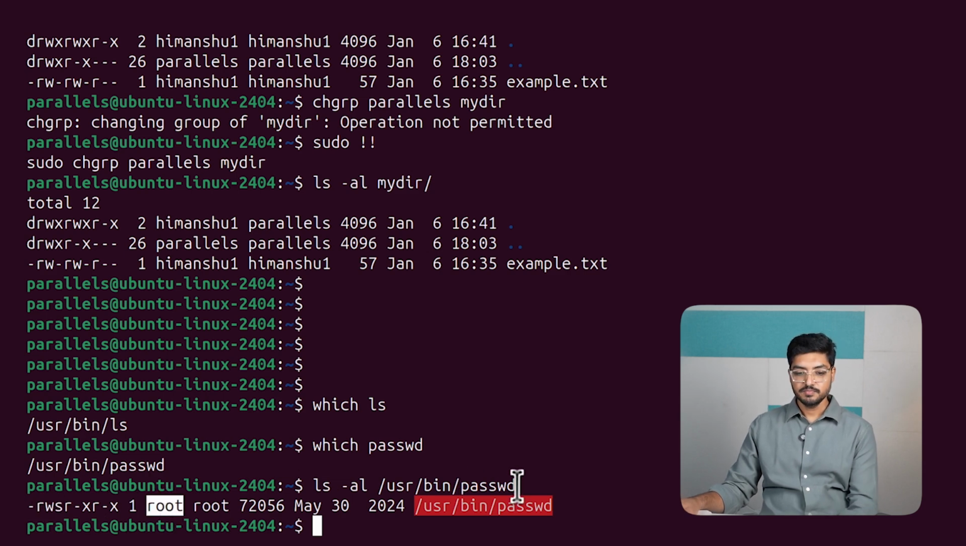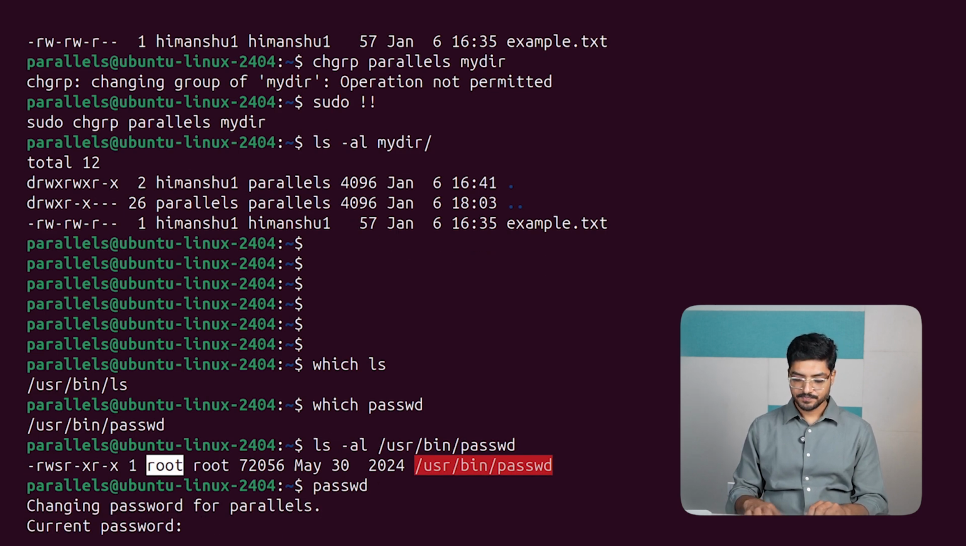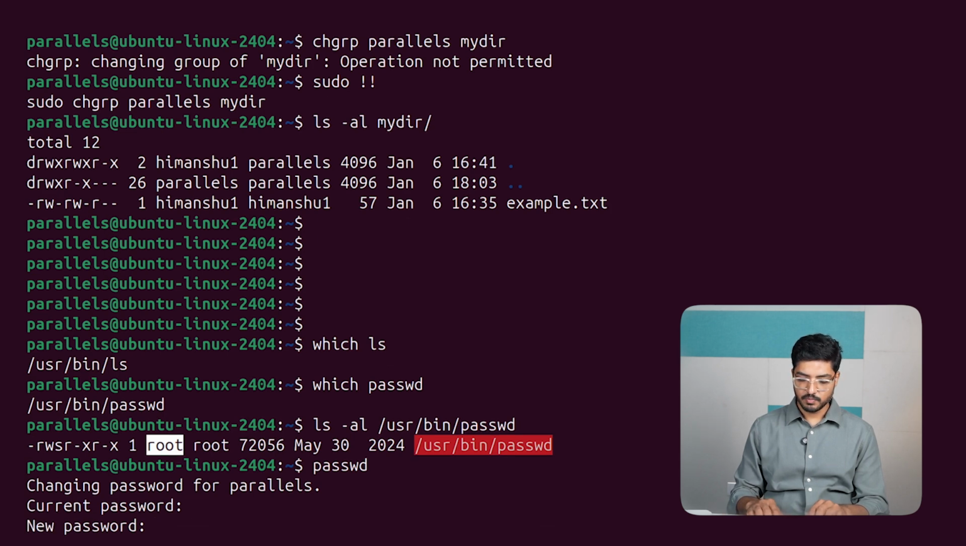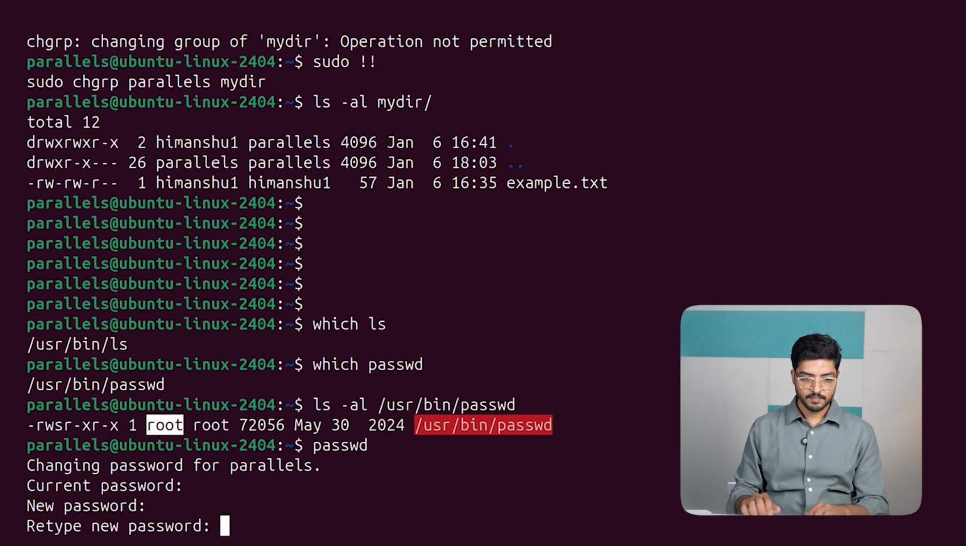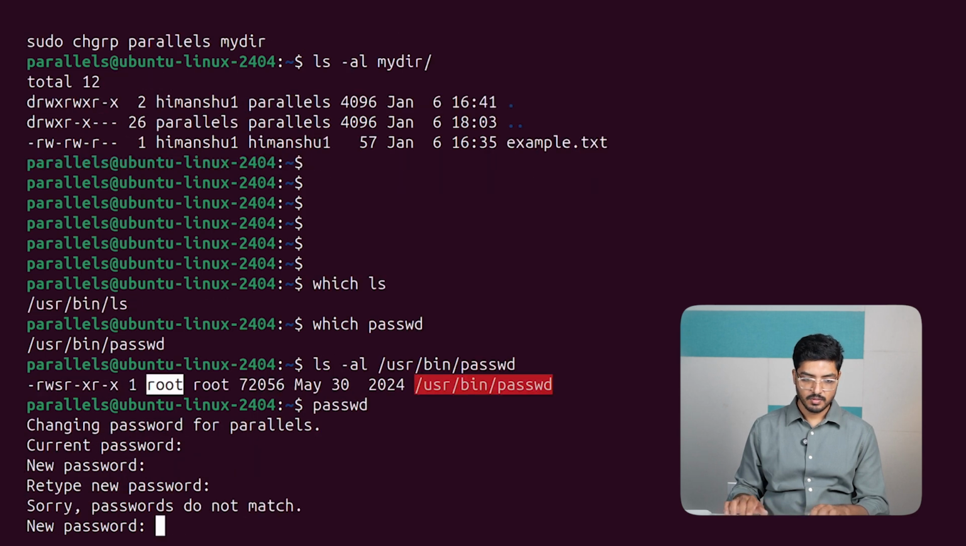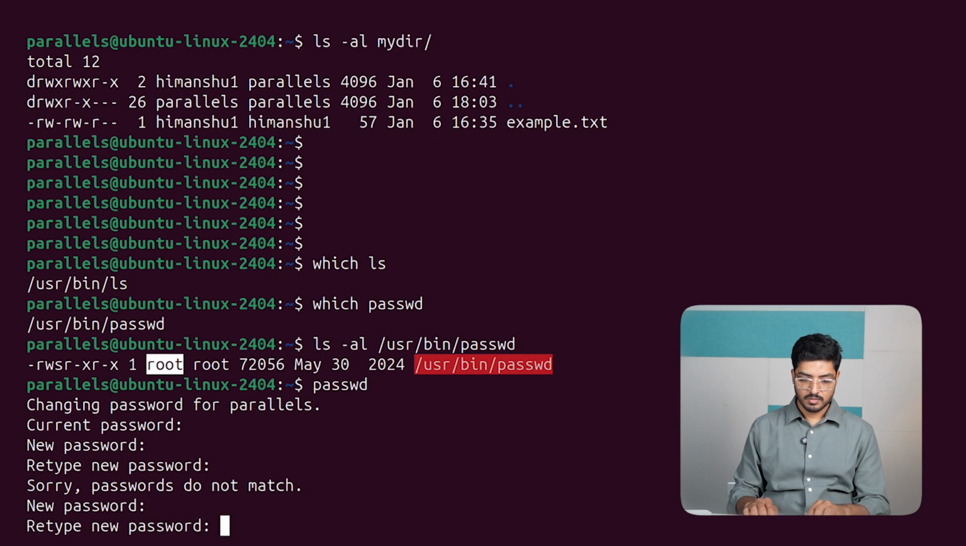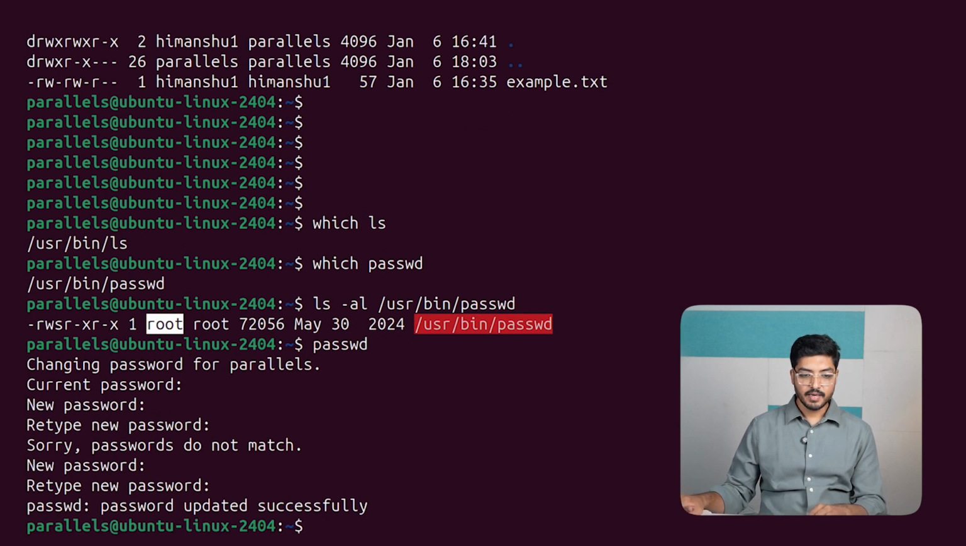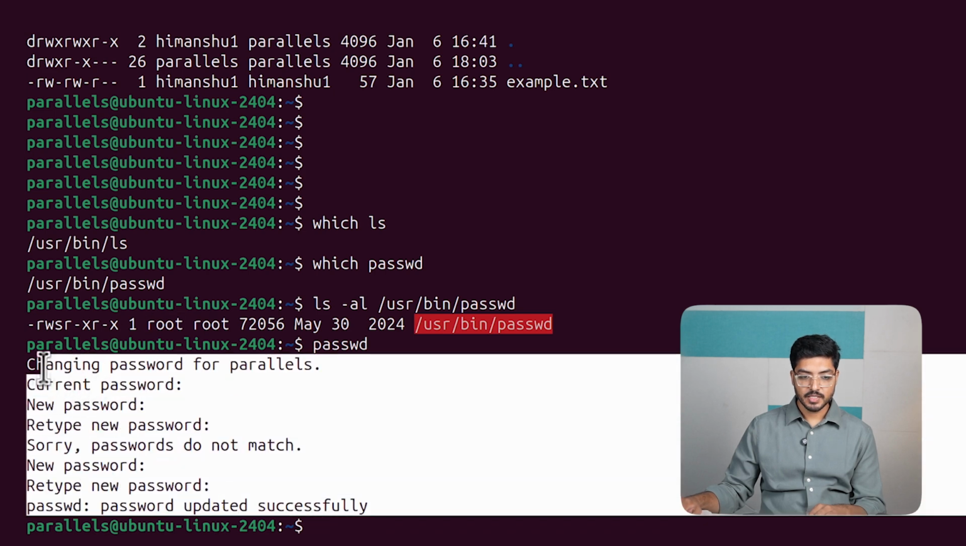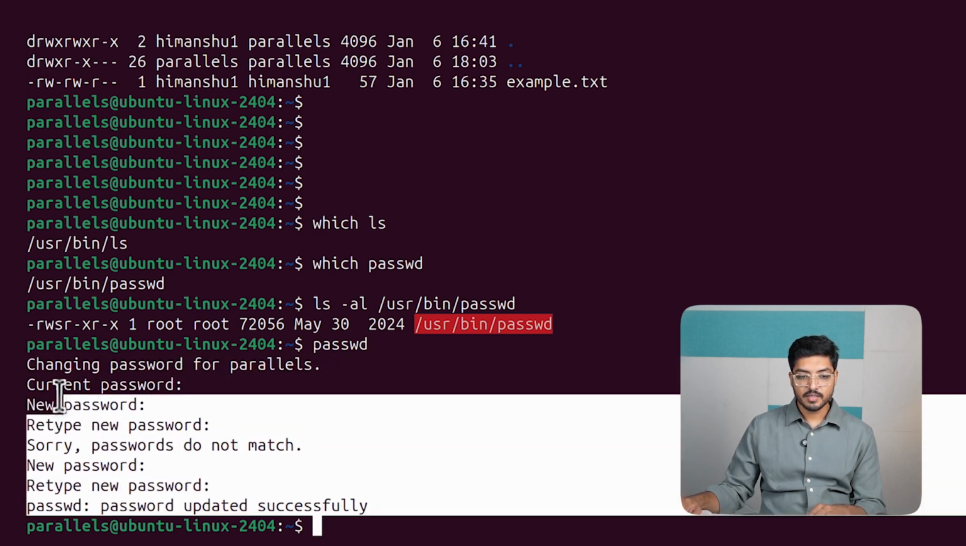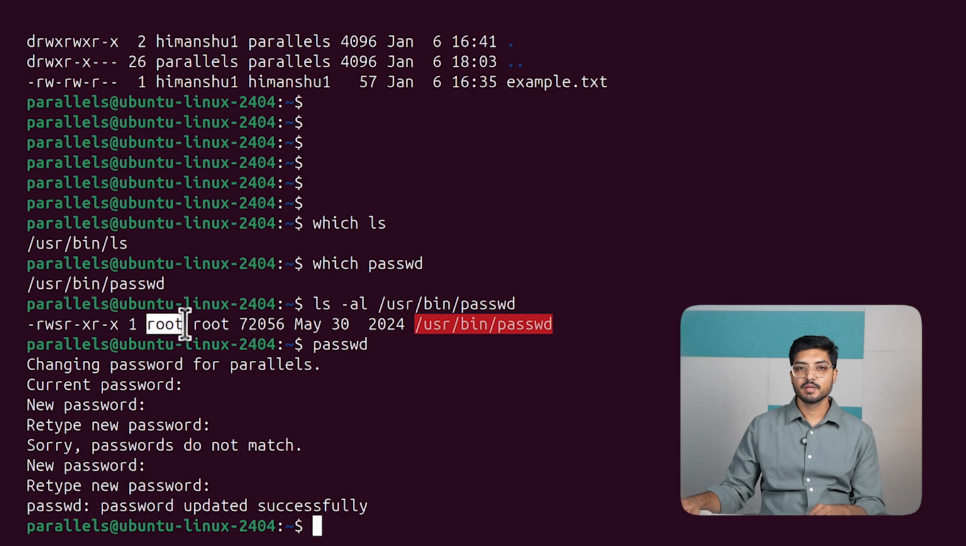So whenever somebody executes passwd, let's say I'm changing my password, it asks for my current password and the new password. Okay. So this command that I have executed and updated my password was only run with the help of the root user, because